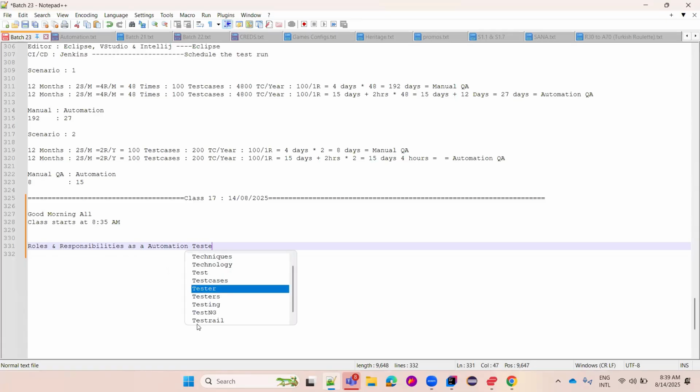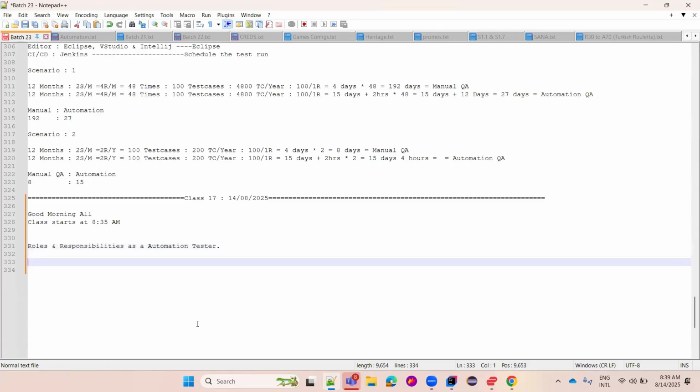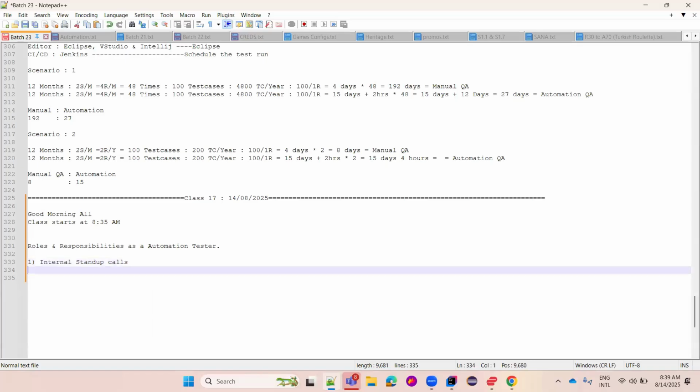Majorly it's the same as manual testing: we have internal stand-up calls, meaning in between only QA, and then we have Scrum stand-up calls, which means the developer, QA, Scrum Master, business analyst, and product owner all together. They are in the meet and discuss the status of the particular sprint. And the third one,